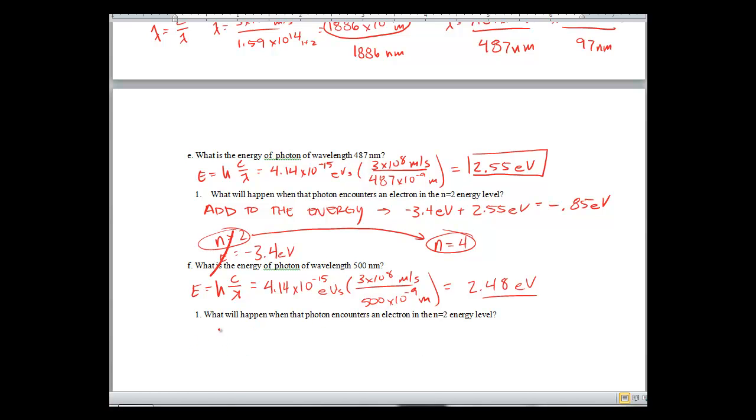So what happens when this photon encounters an electron at the n equals 2 energy level? We're going to do the same thing. Negative 3.4 electron volts, that's my n equals 2 energy. We're going to add to that the 2.48 electron volts. And when we do that, we see negative 0.92. Looking on the chart, that doesn't correspond to anything. So this photon is not absorbed and nothing happens. In order for a photon to be absorbed or emitted, it has to correspond exactly to the energy jump between energy levels. Otherwise,